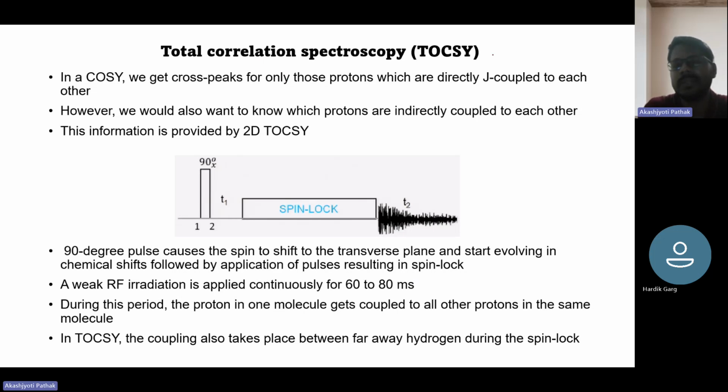So we had seen what a COSY experiment is. In a COSY experiment, the information that we obtain is whether two protons are coupled to each other through J coupling, which means that if there are two protons,